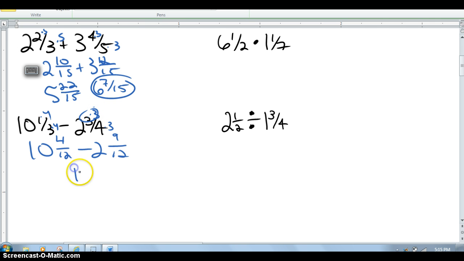All right, so now I want to subtract. So I have this minus this. I can't take 9 slices of pizza away from 4, so I ungroup a pizza. All my pizzas are cut into 12s, and I have 4 slices already there, so that's what, 16 slices. Now I can subtract, so I get 7 twelfths, and then 9 minus 2 is 7, and so there's